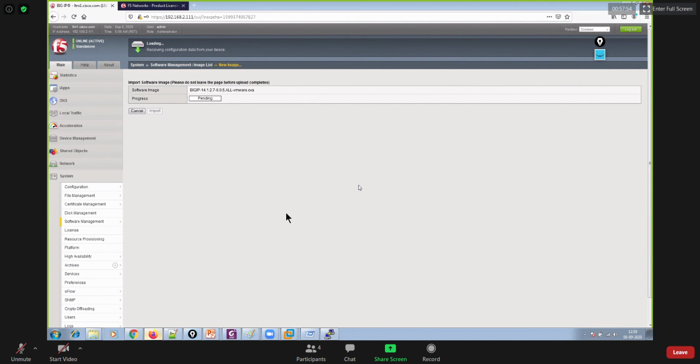Progress is still 0%, but I see that we do not have enough space available to install this on the same drive, because only 20 GB was free. So at last it should throw me an error, but this is how you're going to upgrade it, right? I was using 14.0.1, but I had this updated image, and that's what I'm uploading to my BigIP. So that's how you could upgrade your operating system, right?